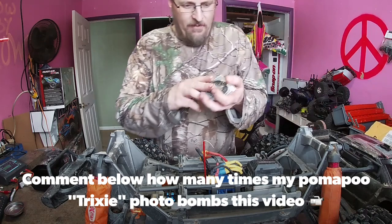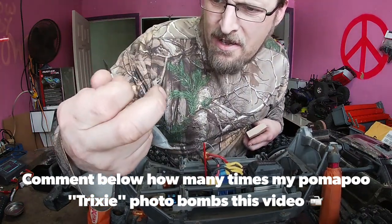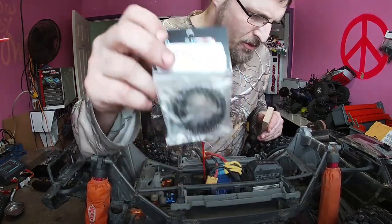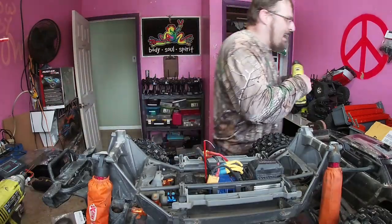Today, I finally got in my new Hot Racing 54 tooth spur gear for the Xmaxx. So today we're going to put that in. When I'm working on the Xmaxx,